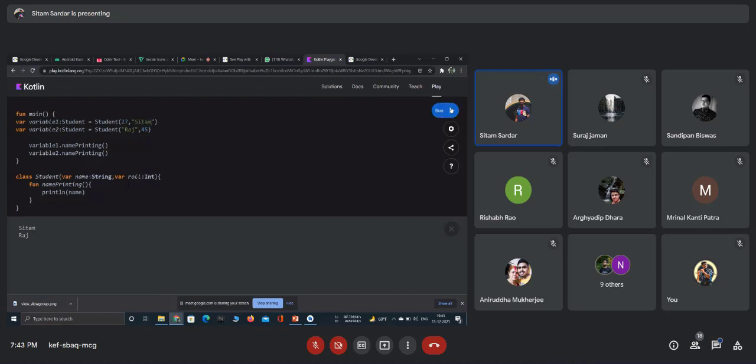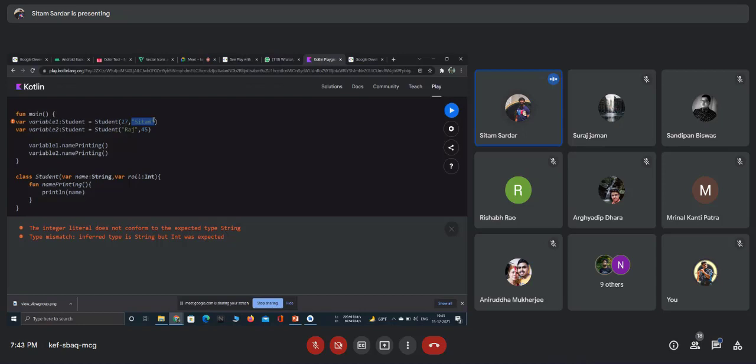Now let's try to run. No, some error is occurring. What is the error? As the first parameter, it is expecting a string, but I have passed an integer value. And as the second parameter, it is expecting an integer, and I have passed a string. So I need to bother about the sequence.